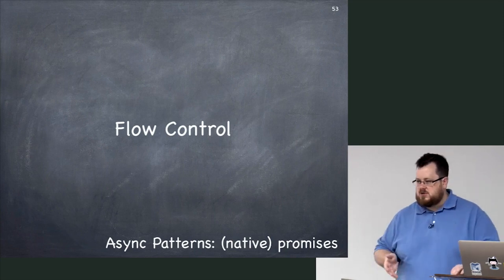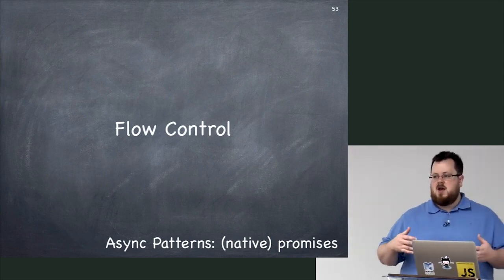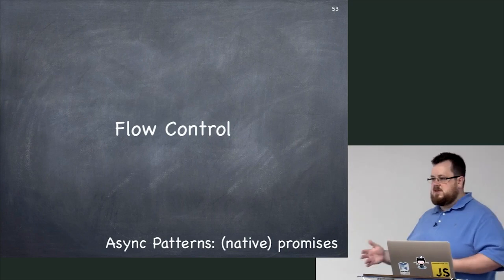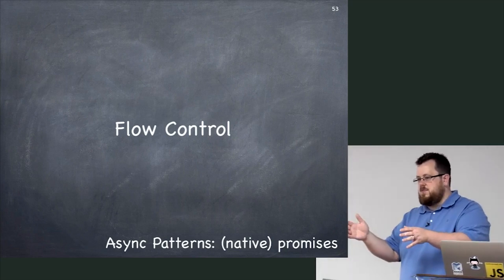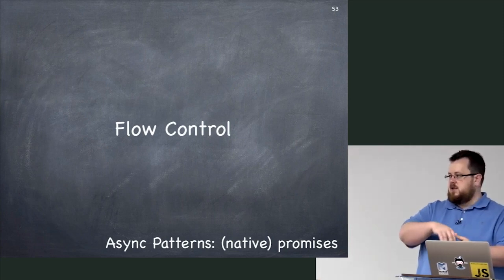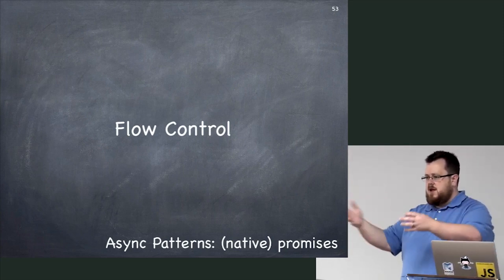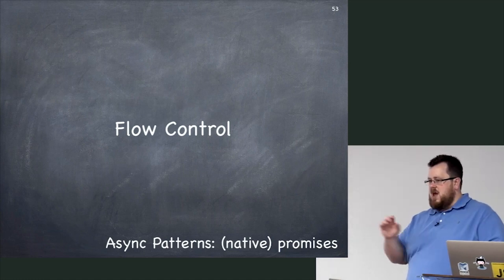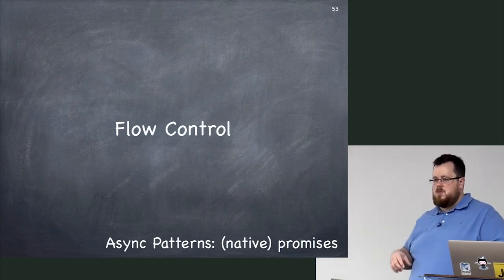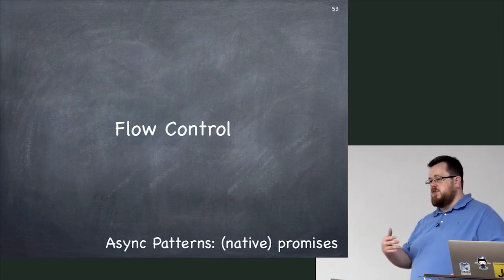Most of our modern JavaScript programs, most of you that are listening, are probably writing vastly more sophisticated systems. Like, these two things have to happen, and whenever they finish, I move on to this, and then this third thing fires off here, and then it comes back together. That's called flow control. Managing how all of those steps go through your program is called flow control. We've seen flow control already. We saw it with thunks. We saw it with callbacks.